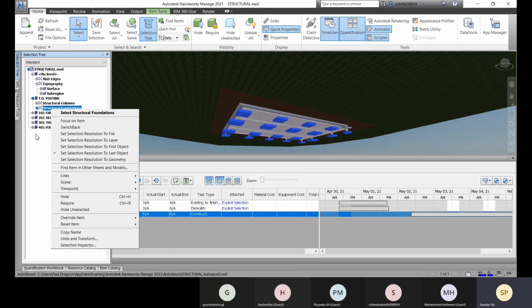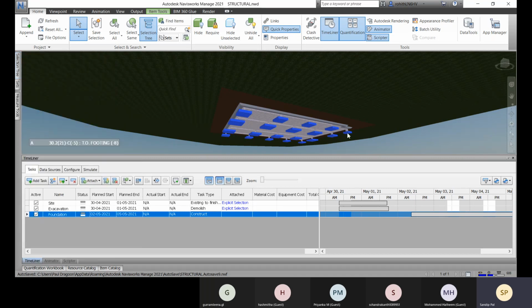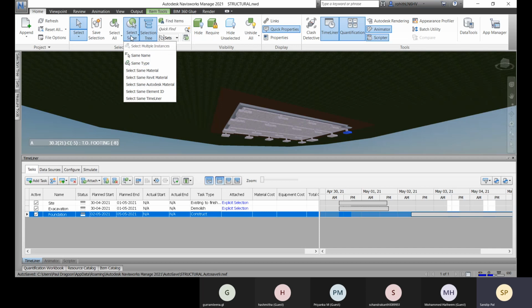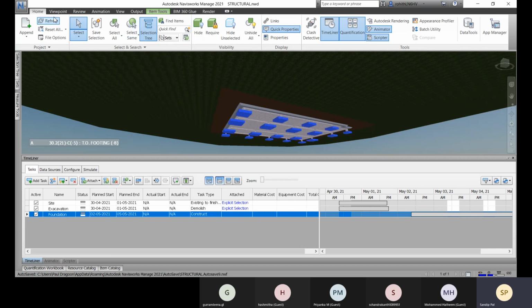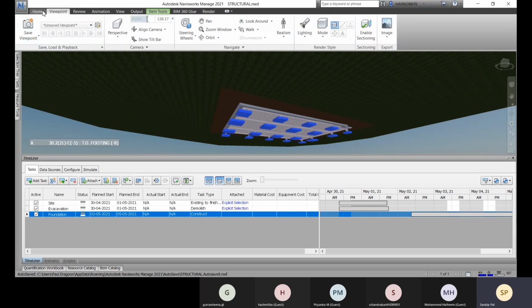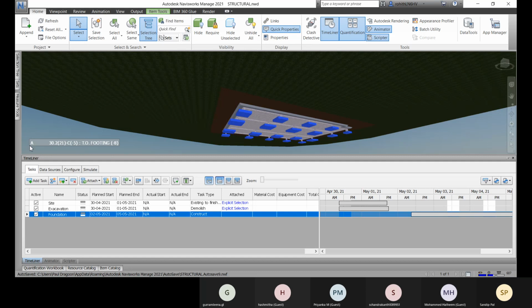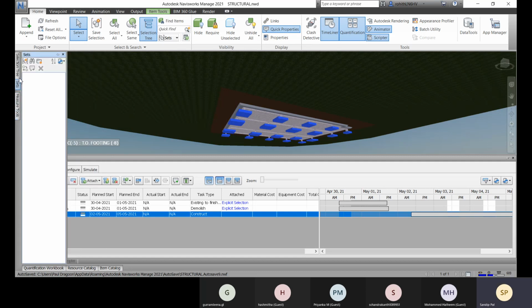Okay. And also what you can do, you can use this set as well. So you can choose this object, select same type, and there you can, sorry, come to this set. There you can save this selection. You can save this selection as a set and you can attach that set here. That you also can do. So let me show you that.